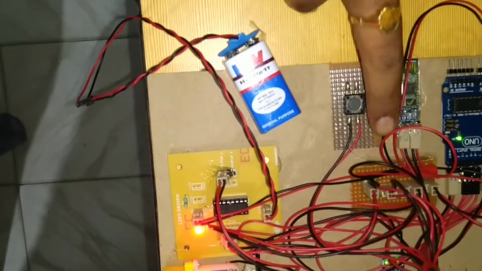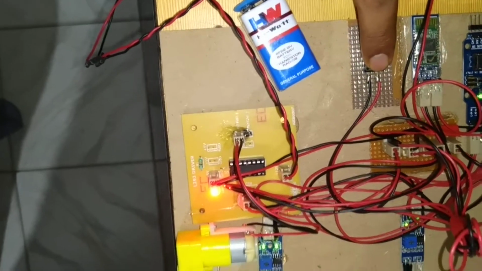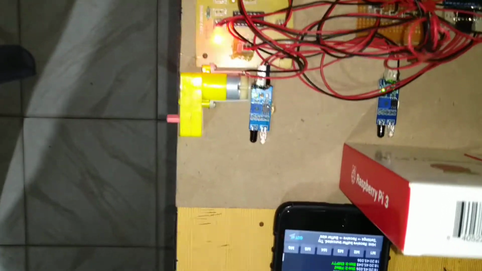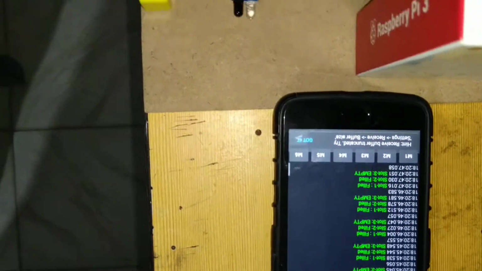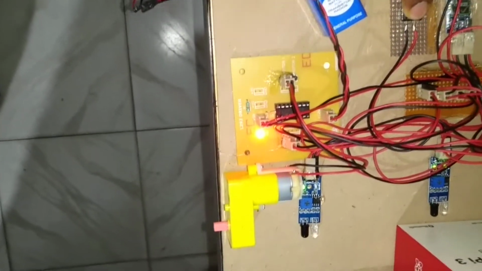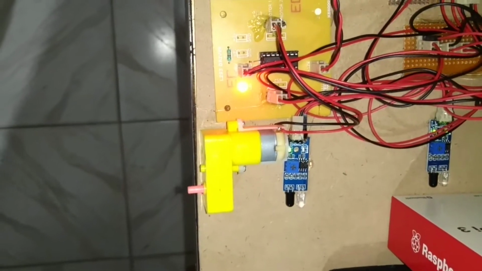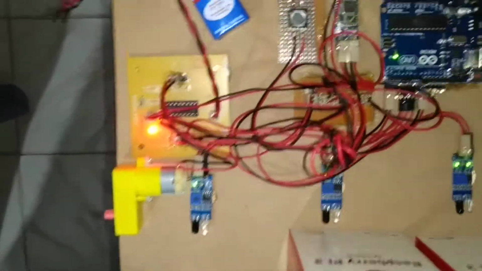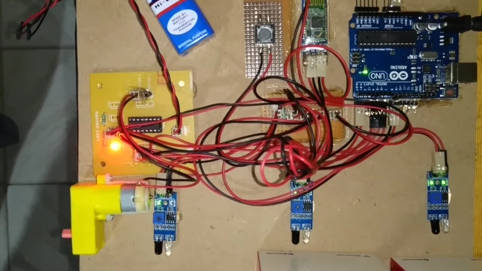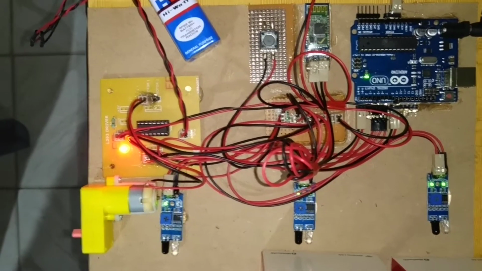That means if any user presses the button, the gate will not be opened unless there is a free empty space in the parking slot area. Now we have an empty space, and when the user presses the button, then automatically it will be turned on. That means the gate is opened. So like this, we can get the information of any parking area nearby our parking slots so that the users can easily go and park their vehicles.